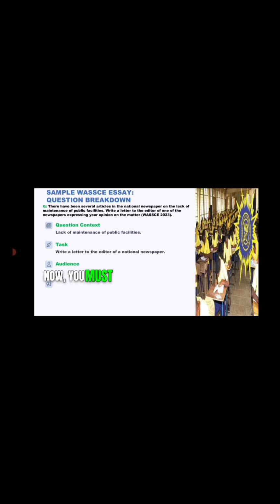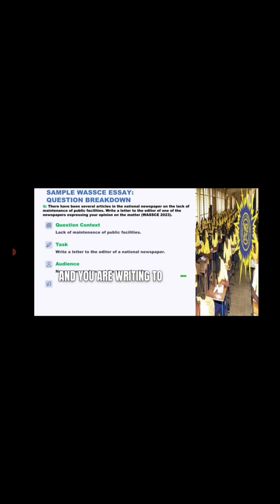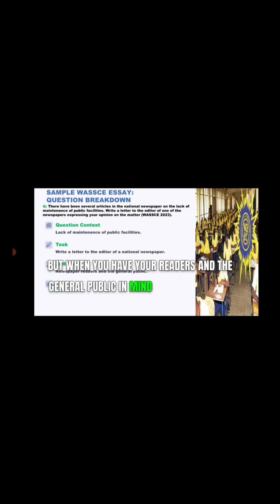Now, you must have your audience in mind. Your audience will be newspaper readers and the general public. But don't forget that you are writing this letter to the editor in response to your exam question. So your immediate audience is your examiner and you are writing to impress him. But when you have your readers and the general public in mind while discussing, then of course you'll be able